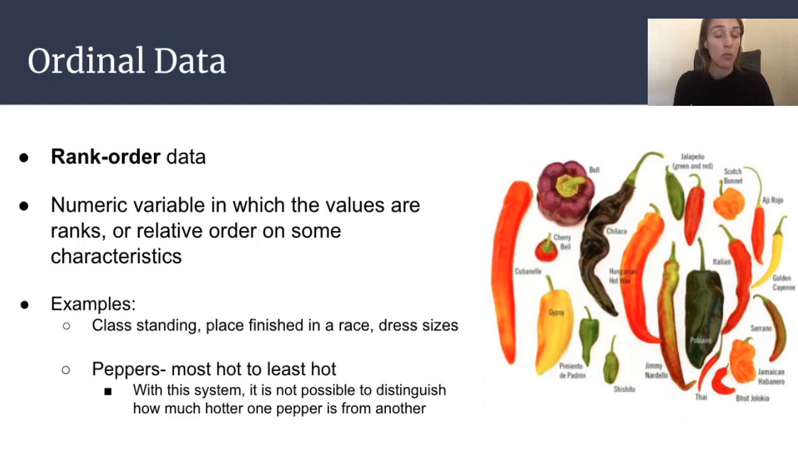So a couple examples: your class standing, right? What place are you, so to speak? Place you finished in a race. And for the ladies out there, dress sizes, right? Dress sizes are kind of an enigma, right? All sorts of numbers we use to describe dress sizes, but if we take a conventional system, things like 0, 2, 4, 6, and 8, we know for sure that 8 is larger than 6,